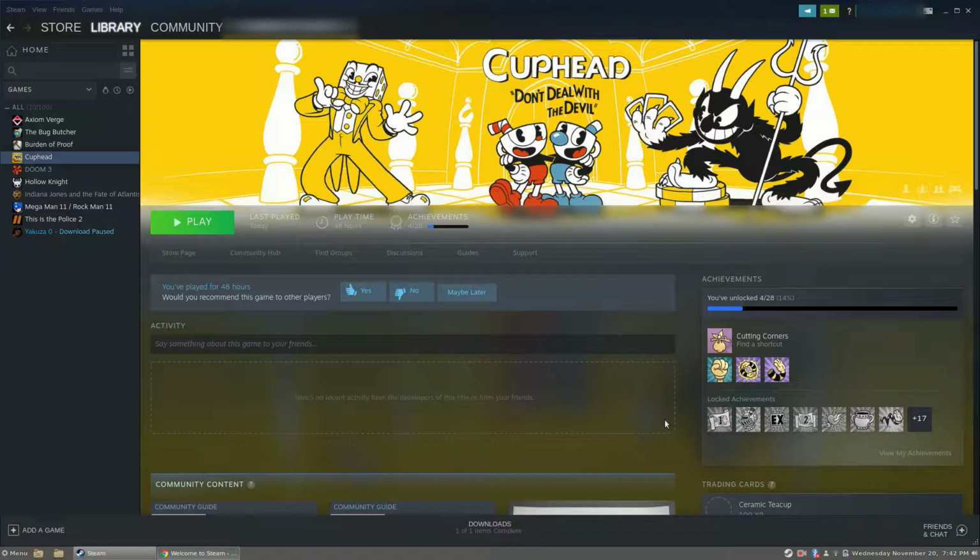I'm using Debian 10.10, but this should work on any modern version of Debian, or any Debian-based distribution, or any Red Hat-based distribution. Basically, when I installed Steam, I didn't do anything special. I just went to the Steam website and installed it from the binary package. So you just go to the Steam website and select Install Steam, and for this example, I went ahead and installed Cuphead, the Windows version of Cuphead, by just clicking Install here where it now says